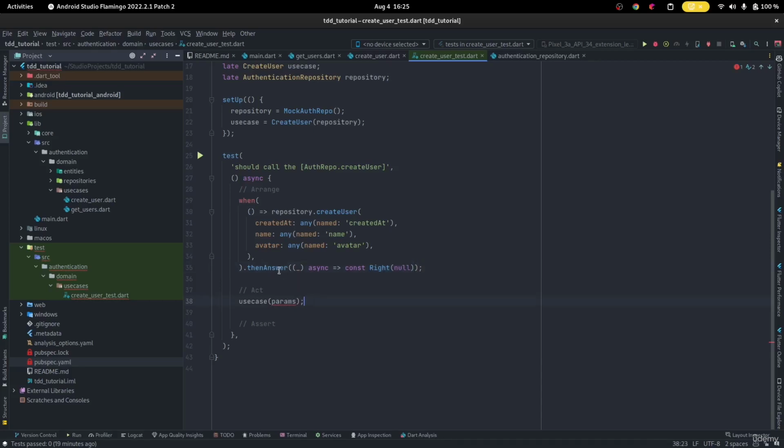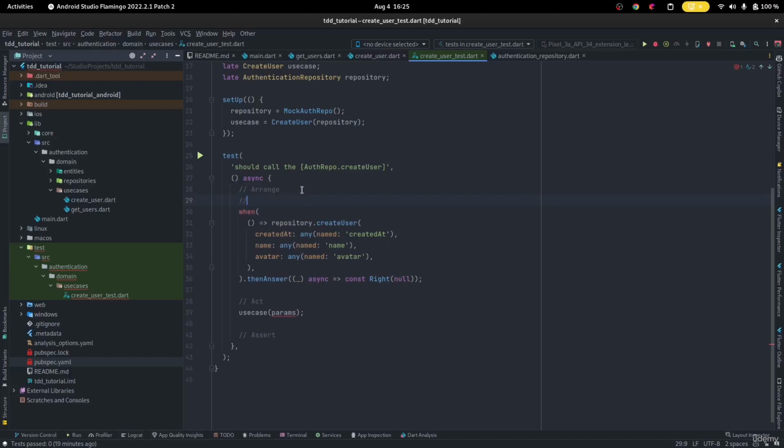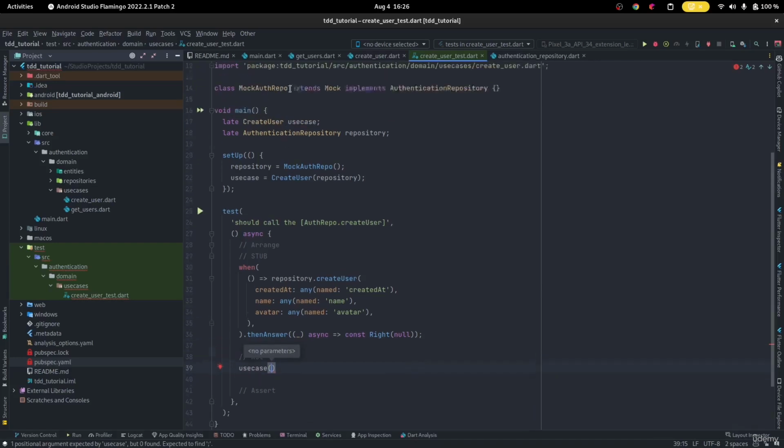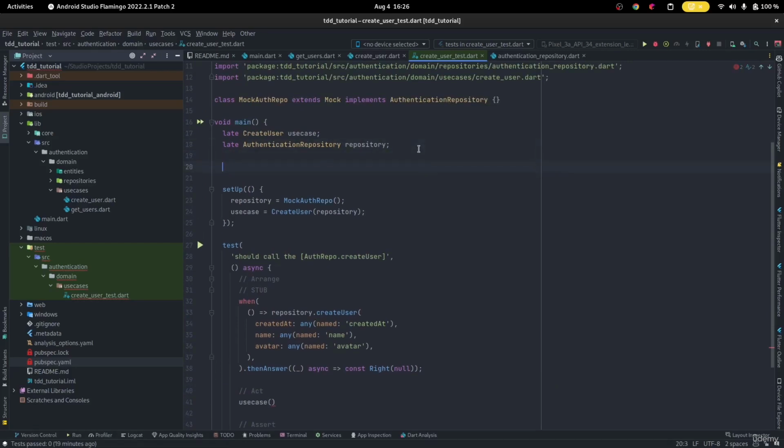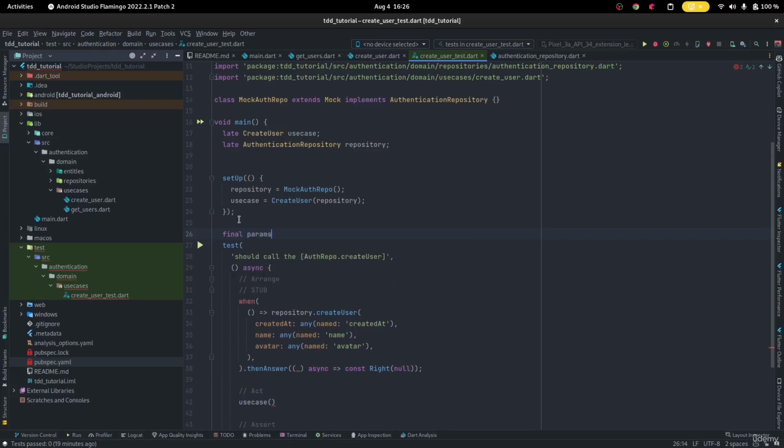Alright, so now that's us setting up hijacking. This is called stubbing. So for our arrangement, we stub. We're hijacking the president's response to whenever this particular function gets called. So now we act, right? So we can say that our use case, we invoke it and we have to act, right? We have to pass it the params. Now we have to create the params. We have to come here, final. No, let me create that right here. Final params is equal to